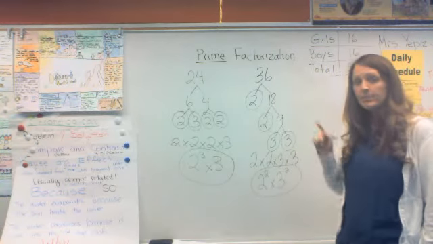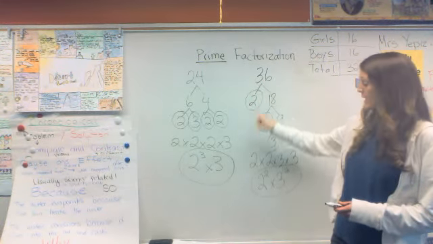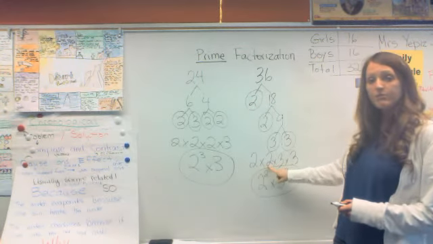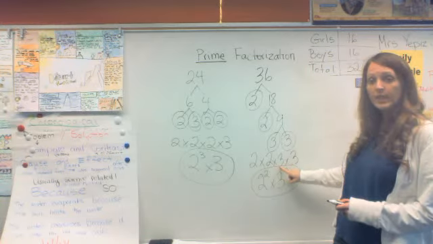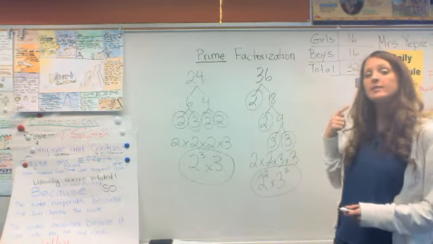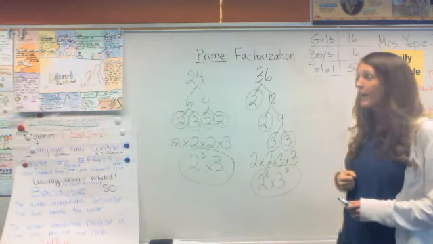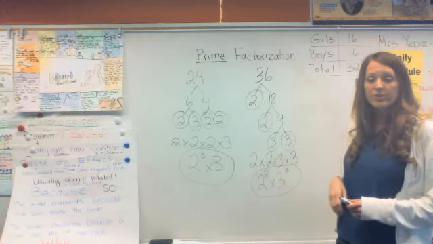Now I skipped a little step, so I'm going to go back and check to make sure what I did makes sense. I'm looking for 36. 2 times 2 is 4. 4 times 3 is 12. 12 times 3 is 36. I'm constantly checking to make sure that my work is right. And this is how we find the prime factorization of any